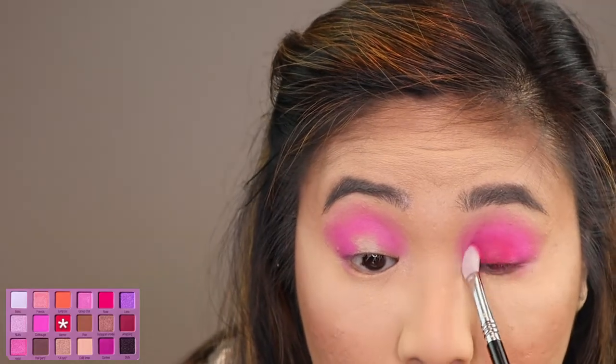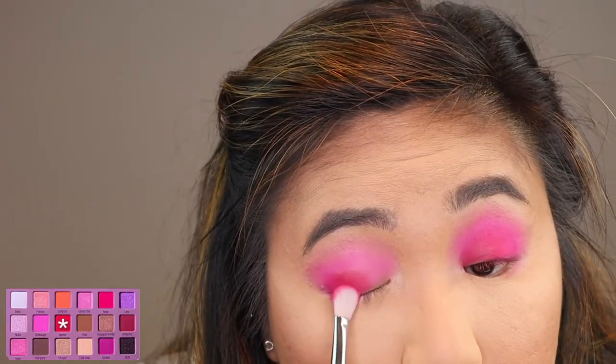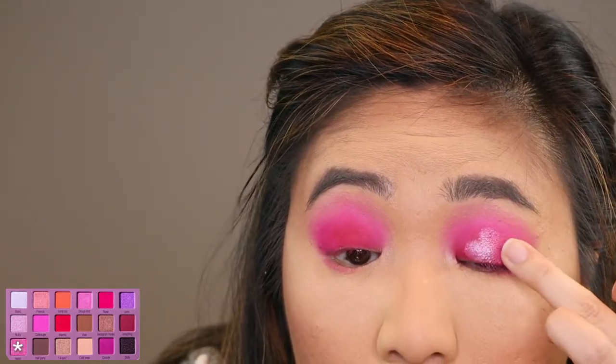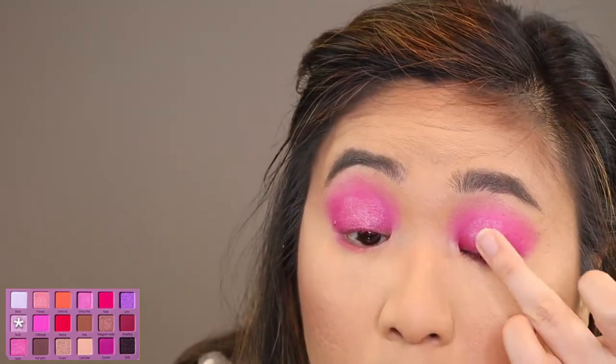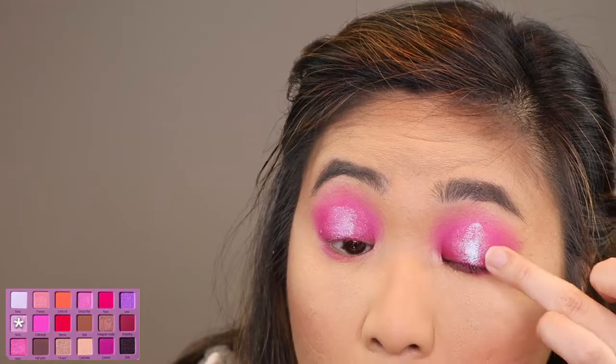And then with an E25 brush, I went into the shade Warrior and I packed that on the lower part of my lid below my crease. After that, with my finger, I went in with the shade Hello and I packed that right on top of Warrior. And then on top of that, I used the shade Nutty and I put that in the center of my lid, but then I ended up really loving that color so much that I basically ended up covering Hello,